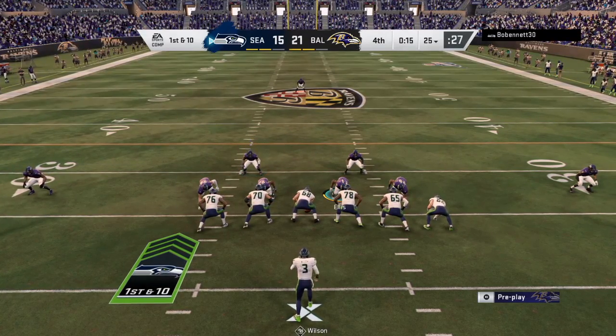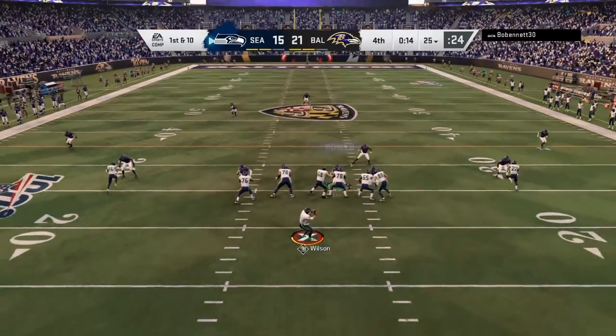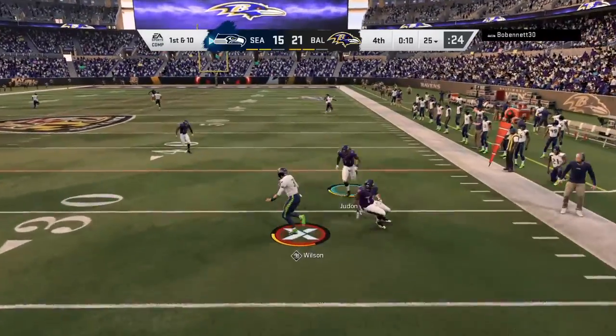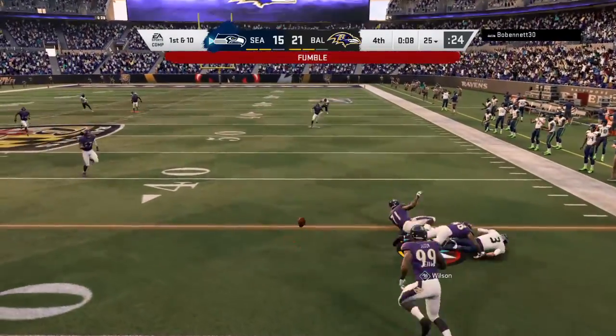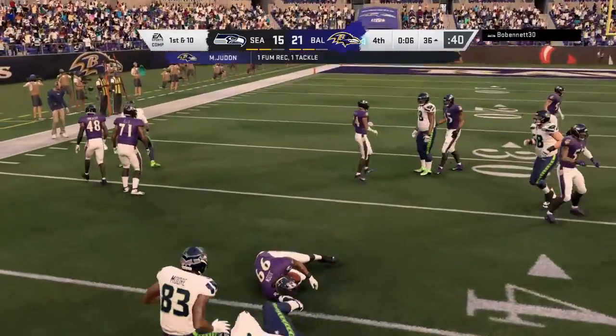Critical condition here, obviously. Got to hope to get something quick right and then maybe take that shot deep. And once they do take the big shot, you got to worry on defense. Of course, Wilson hit. It's loose. It's out. Fumble. And it's picked up by the Ravens. And they take